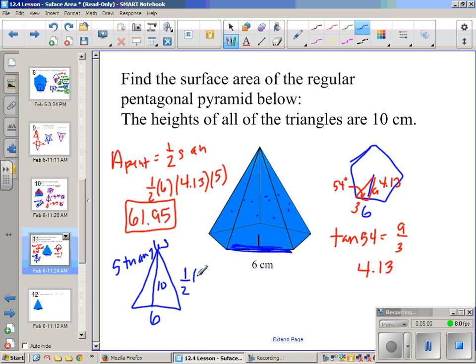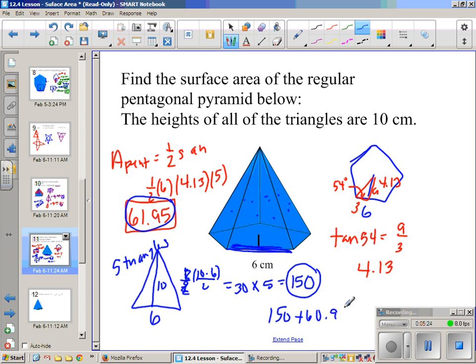So to find the area of that, it's 1/2 base times height, or base times height divided by 2. So it's 10 times 6 divided by 2. Ignore the 1/2 out there. So that's 60 divided by 2. Each triangle has an area of 30. Remember, I have 5 of those, so I'm going to get 150 for all of the triangles. So I take all my triangular faces and my one pentagon face, add them together for a total of 150 plus 61.95, which is 210.95